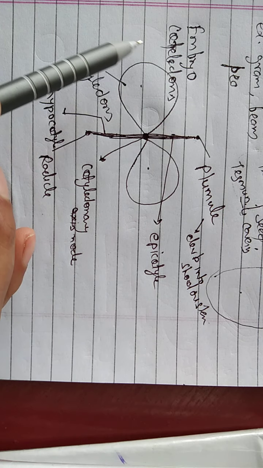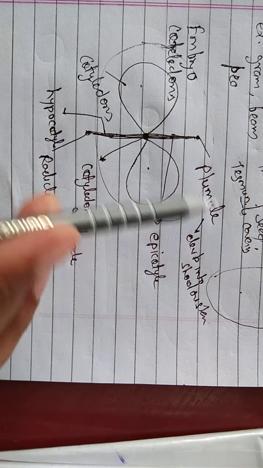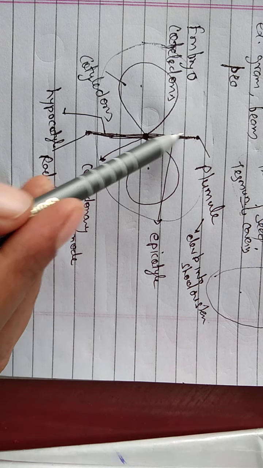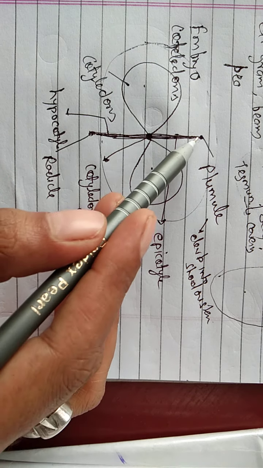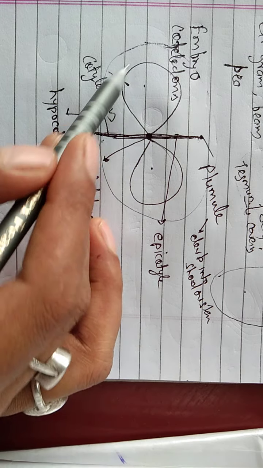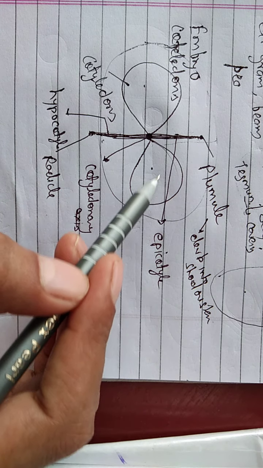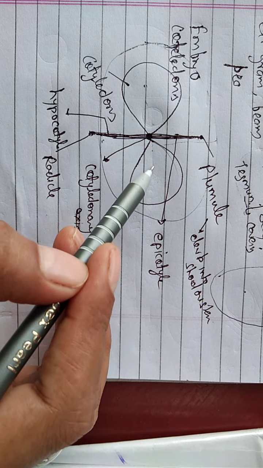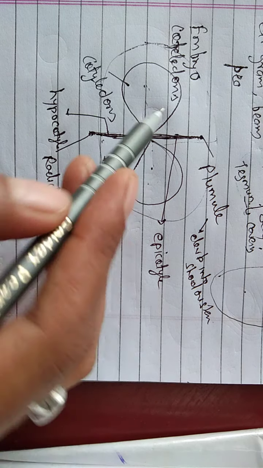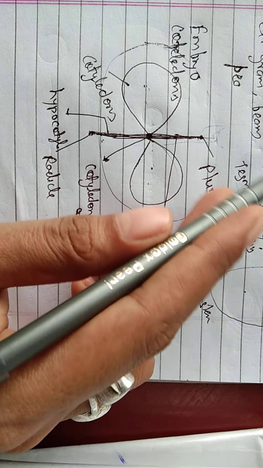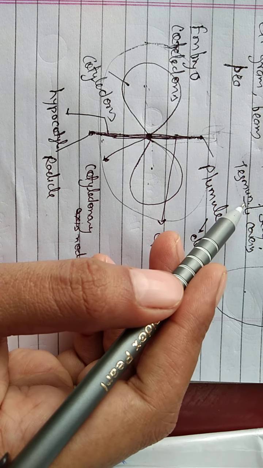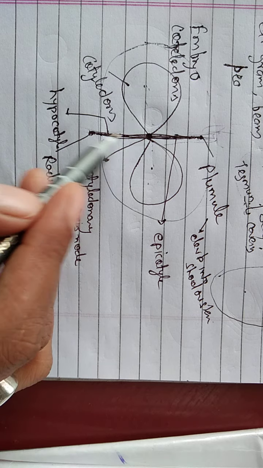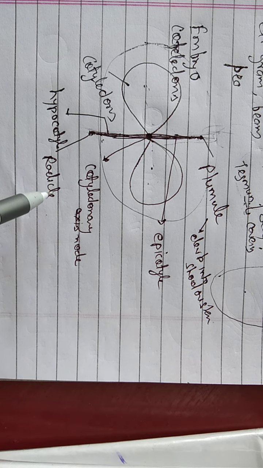Simply in this structure we see that it mainly consists of an embryonal axis in the center, the middle. From the embryonal axis, from the sides, two cotyledons are present. When development occurs, the cotyledons provide nutrition, and after providing nutrition they get completely exhausted, and the development of the plant takes place. Suppose this plumule further develops into shoot and later forms leaves, and the lower radicle part develops into root and forms different types of root, main or adventitious.